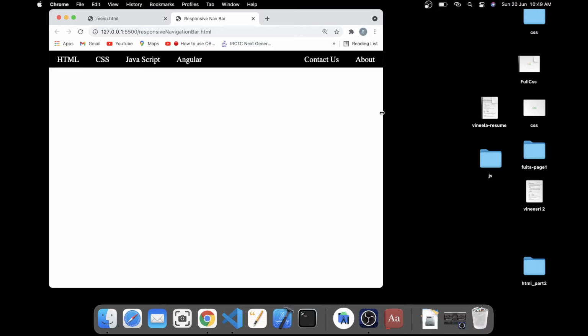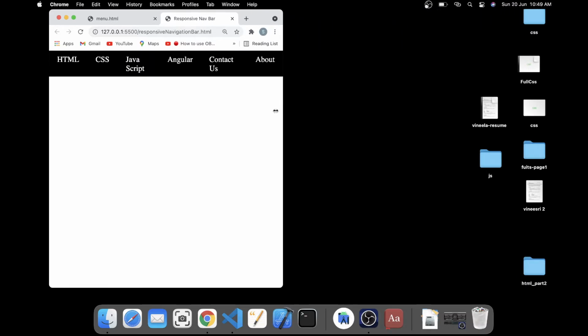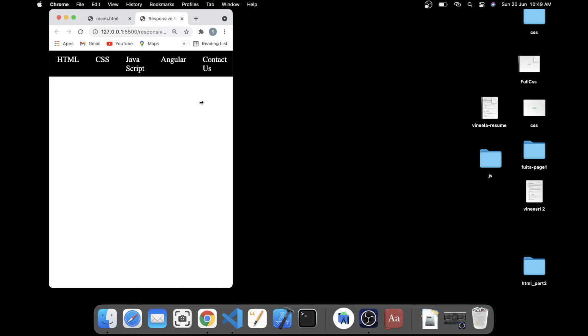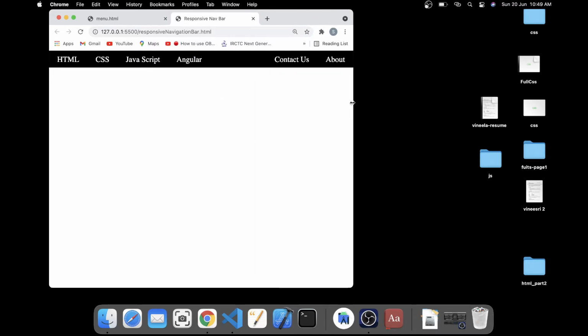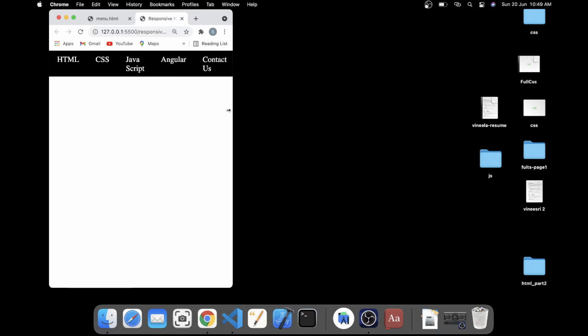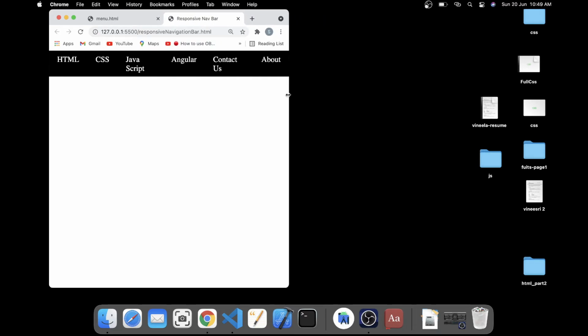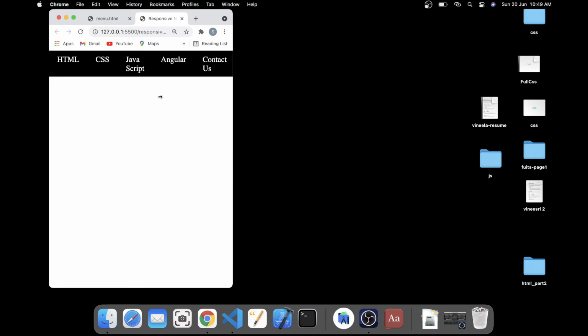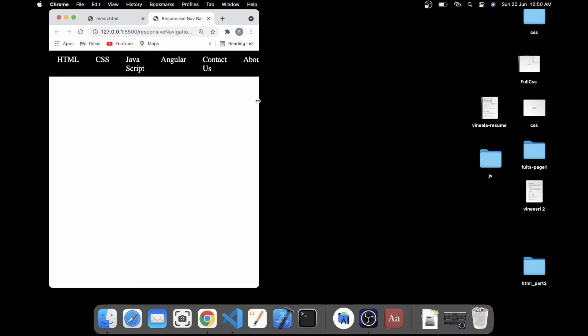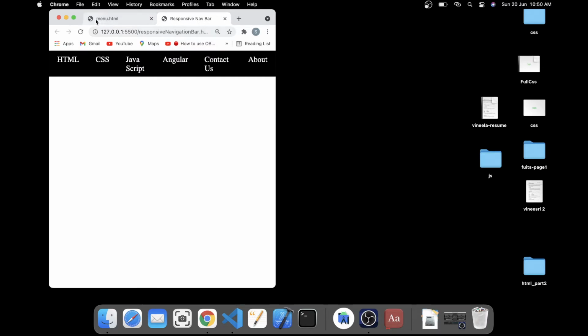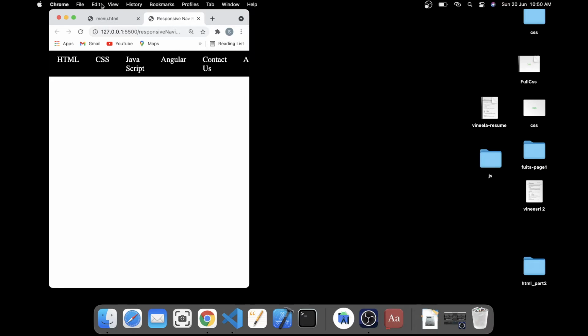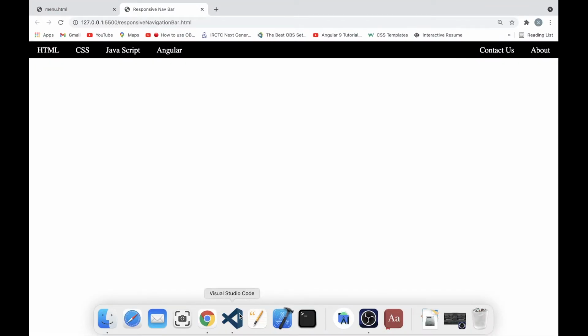If I move like this, we'll try responsiveness now. See, it is coming responsive. But if I resize the browser very small, then it's not coming properly. Till here it is fine, but if I go a little smaller, it is not coming properly. So for this, what do we need to write? We need to write a media query. In a media query, we can specify what styles to apply when we reach a certain width. Okay, let's add some media query.